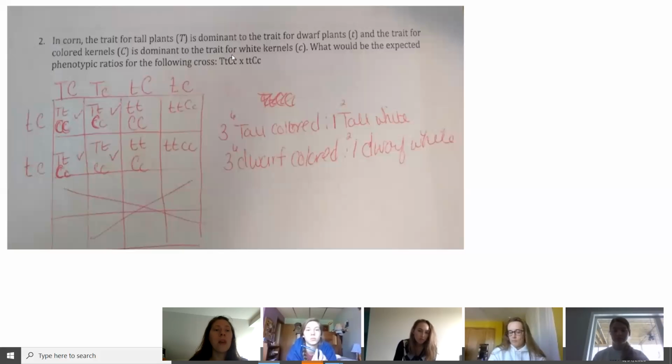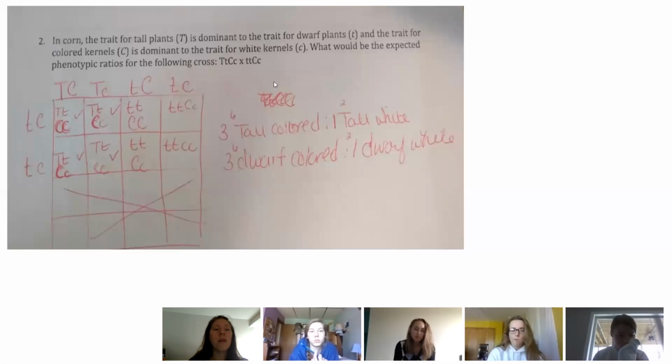So if we've got these parents up here, I just want to go over this quickly in case you maybe didn't do it this way and you need a refresher about how to set up the top part, where I have the alleles from each parent on the top and the side. So given this is our